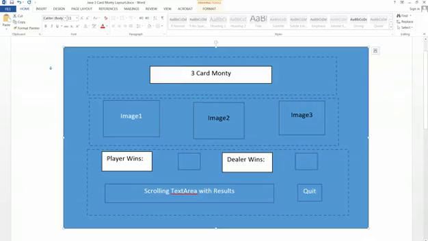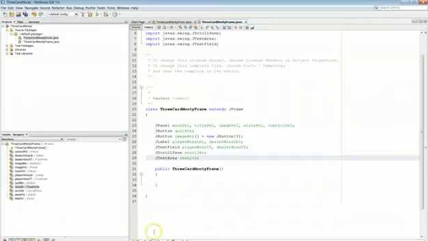Because this is fairly complicated, I think I'm going to break it down into a series of methods just to subdivide this so I don't have a big block of code to read here. Okay, so what we'll do is we'll create a method for each one of these panels in our layout. So let's go ahead and do that. So I'm going to come down here in main. This is actually the constructor for my 3-card Monty frame class. So the first one will be create title panel,